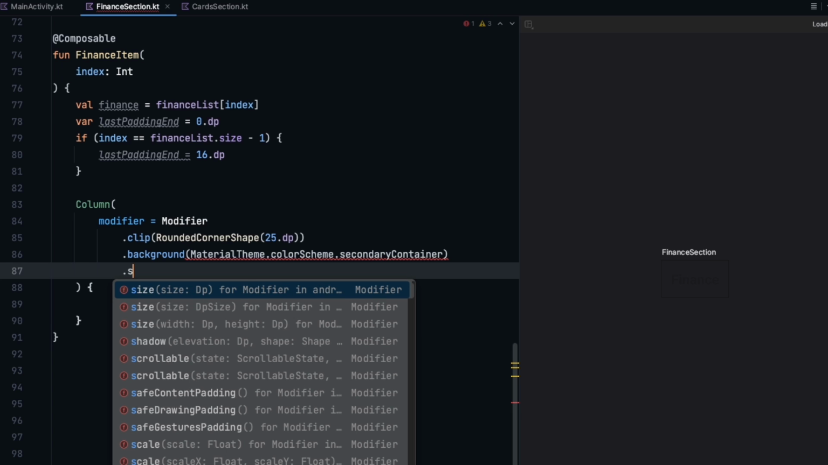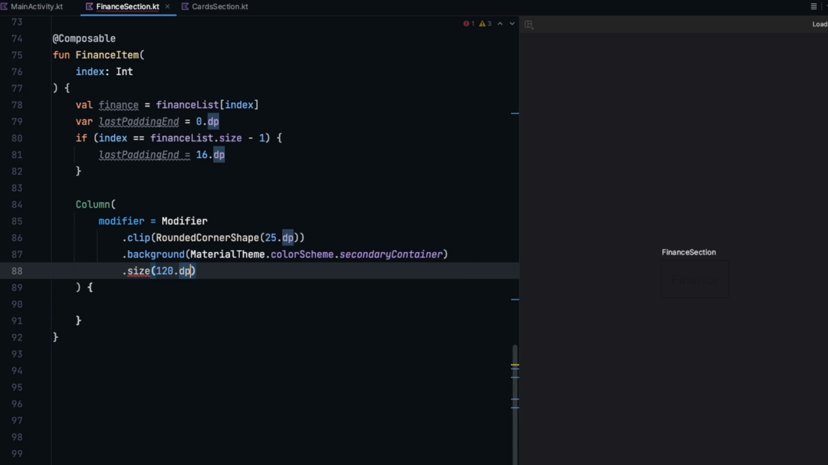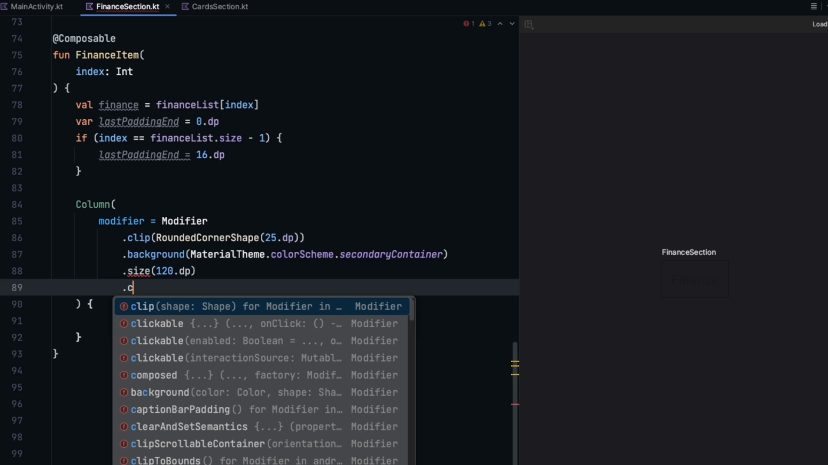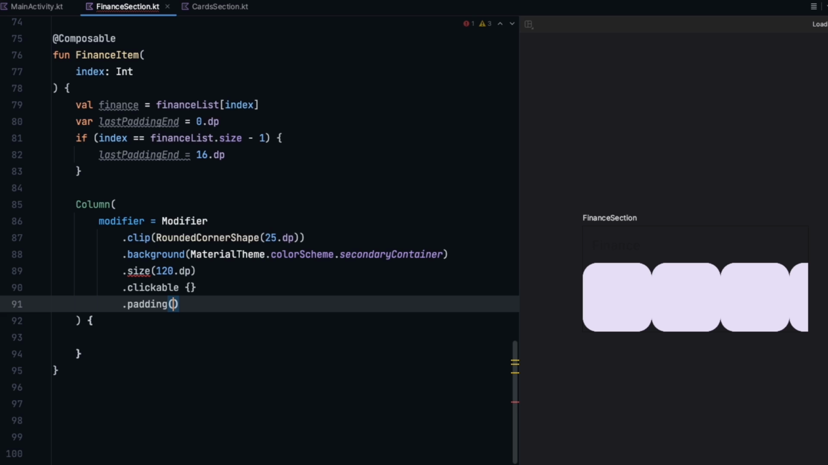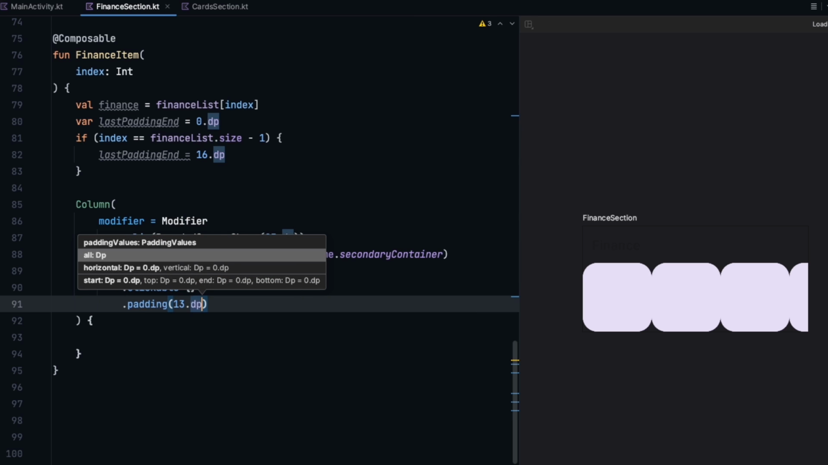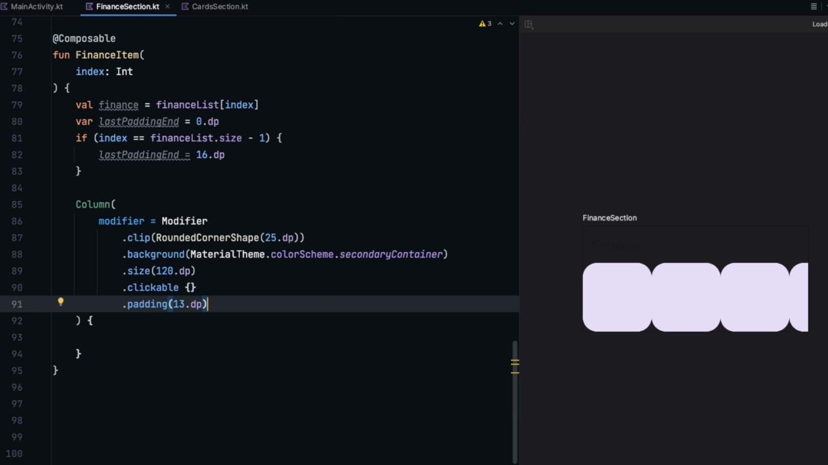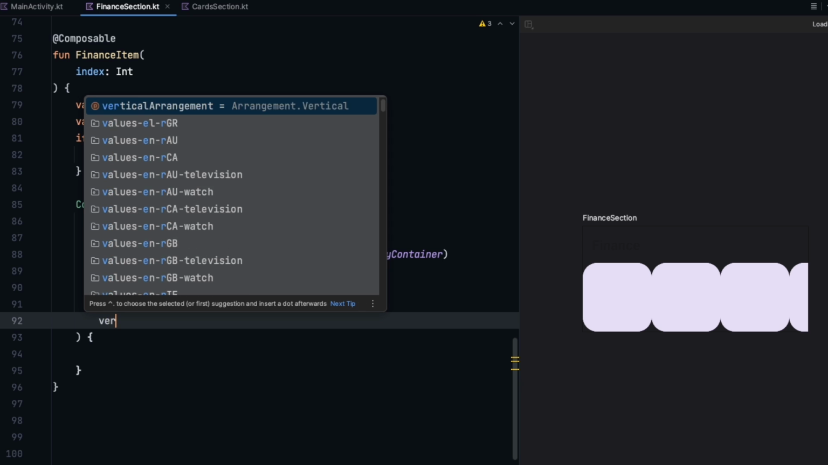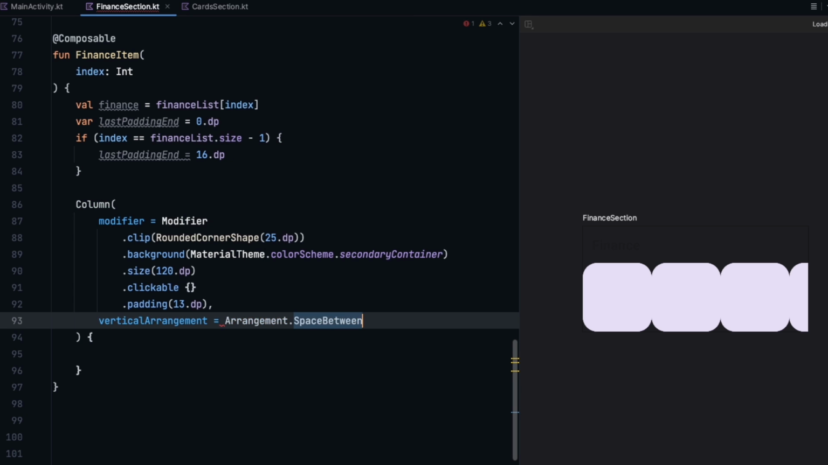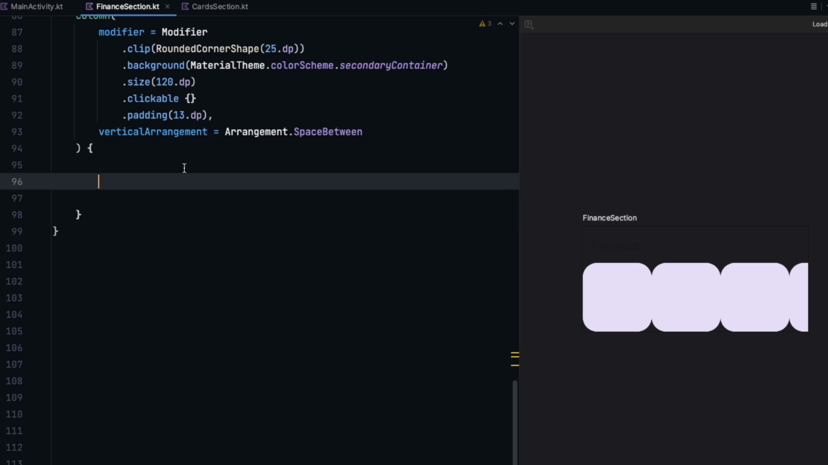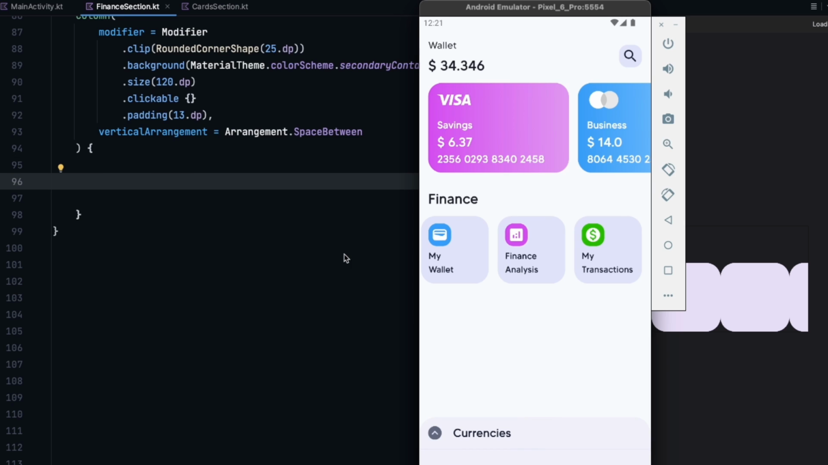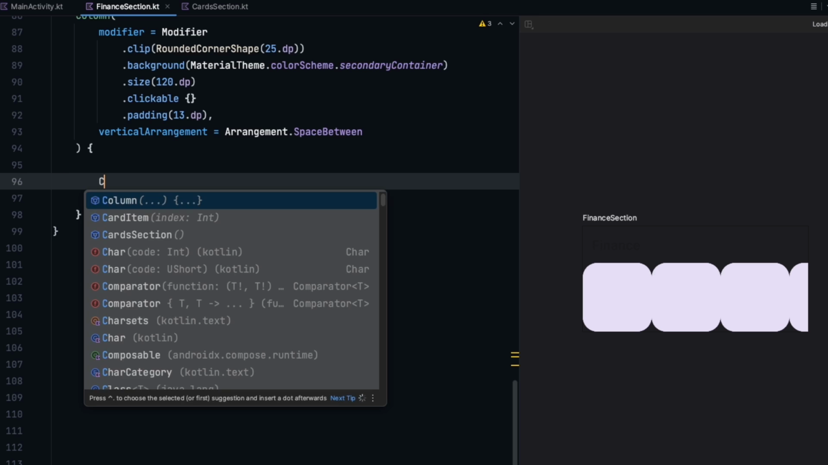the size of the item is going to be 120 dp and clickable, so we would have that click effect on it, and padding, last one, 13.dp. Now we are seeing our items, as you can see, and actually I'm going to also use that space between in the vertical arrangement, so Arrangement.spacedBy, and then inside here I'm going to create the box for my icon, so this little box that will contain the icon, so Box